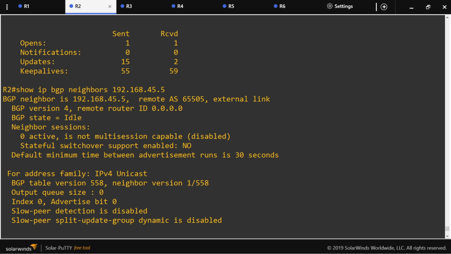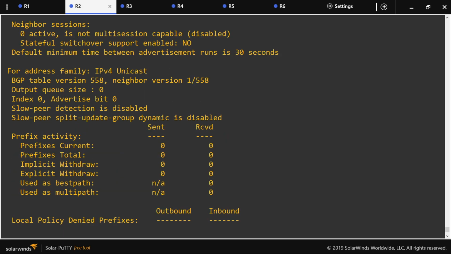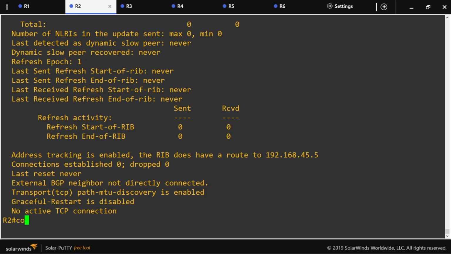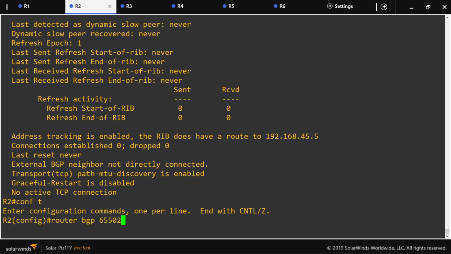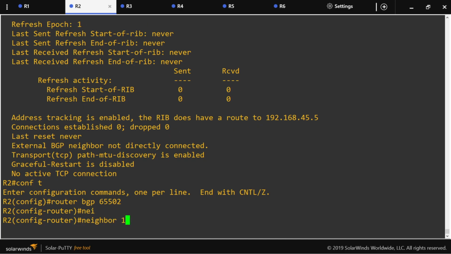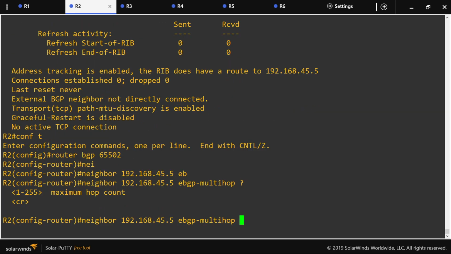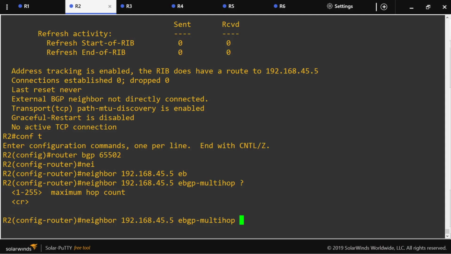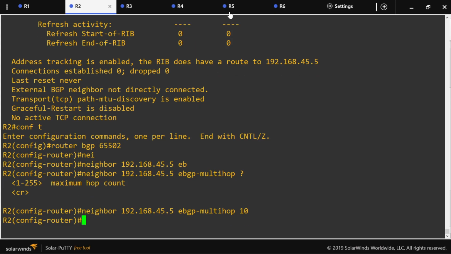So what we need to do is enable multi-hop. In order to enable multi-hop, we have to go to router configuration mode and then enable EBGP multi-hop, and let's create a hop count of 10. I'm over-exaggerating here. So 10, and on this side,